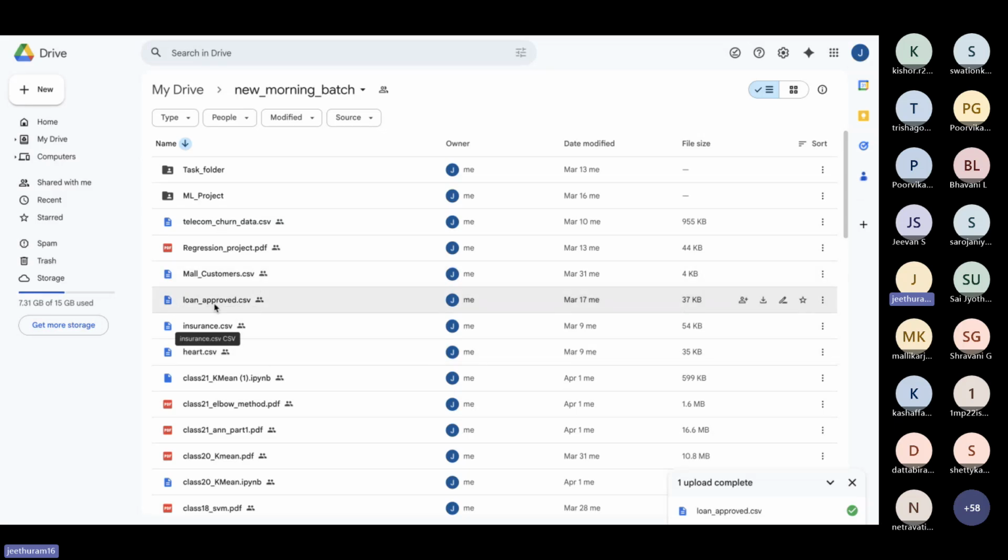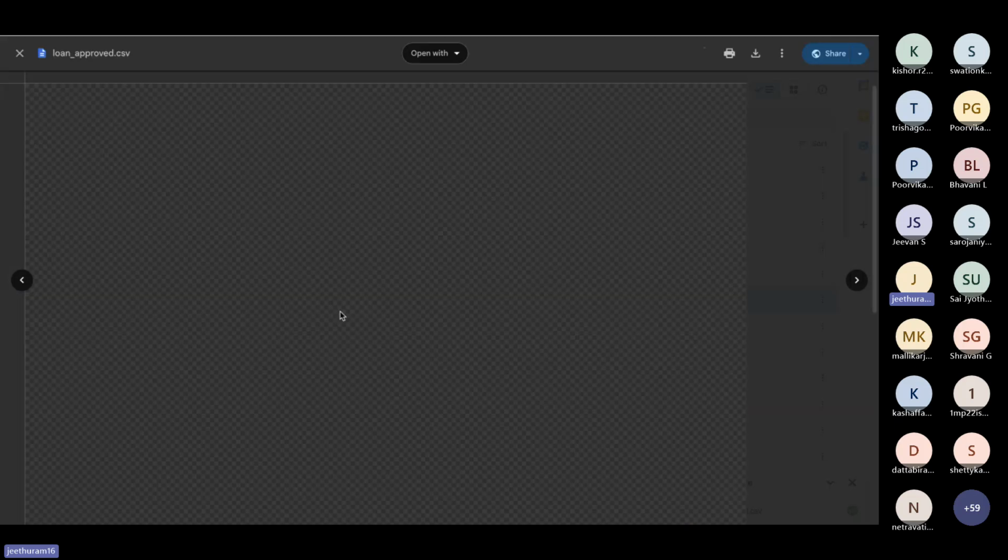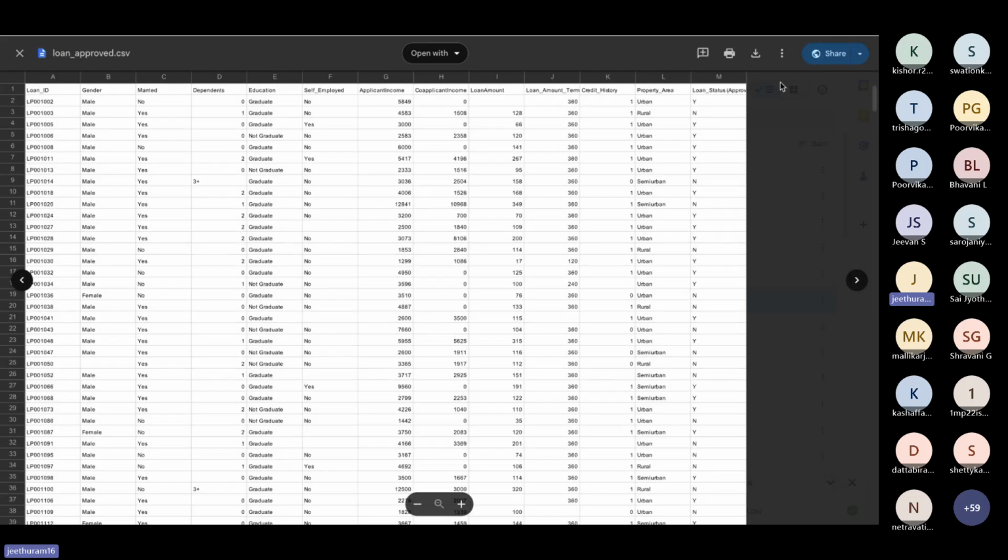So if you look into your dataset, it's a loan approval dataset. We have to build an artificial neural network in order to predict whether a customer will get a loan or not. There are certain factors like loan ID, gender, married or not, dependents, education,